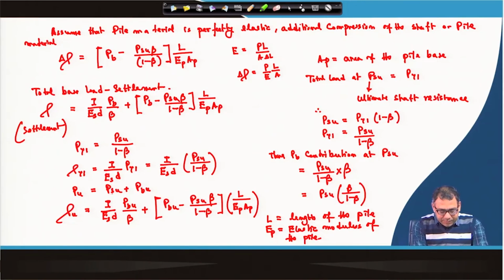So, remember that this Psu and Pbu we calculate by using the static expressions. So, this way we can develop